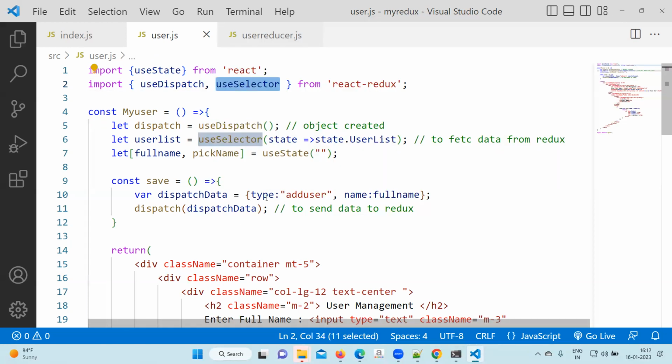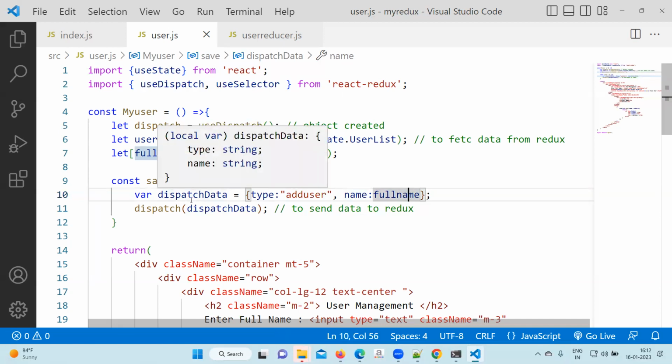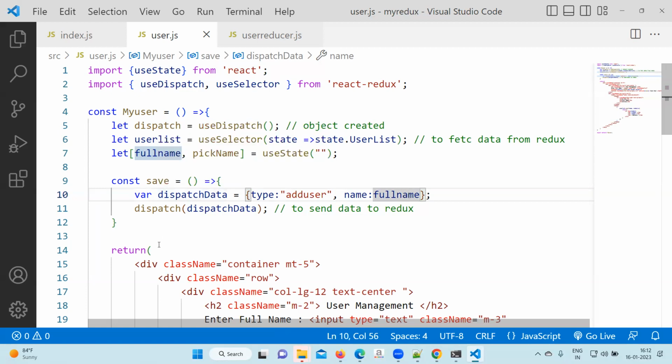Now you have created an object here of use dispatch. After creating the object of use dispatch, we got the object called dispatch. Under the dispatch, you are sending the property and value. Property is called type, value is add user. Property is called name and value will be the name given by the user. So those will be stored here under the dispatch data. And this dispatch data will go to the